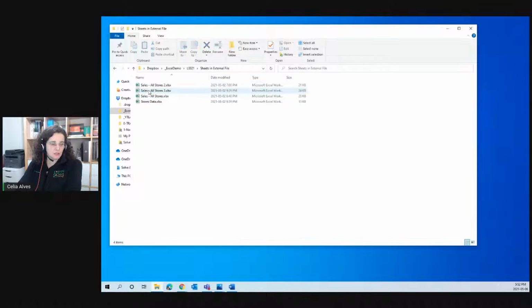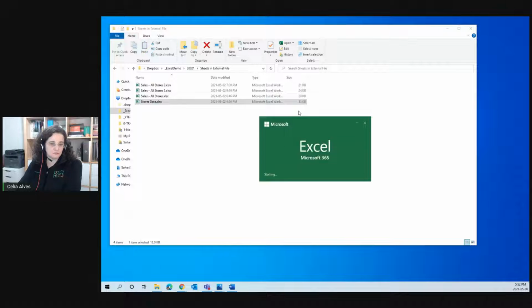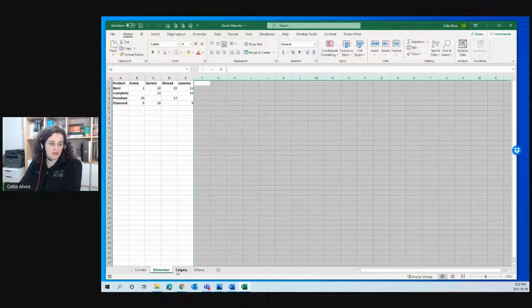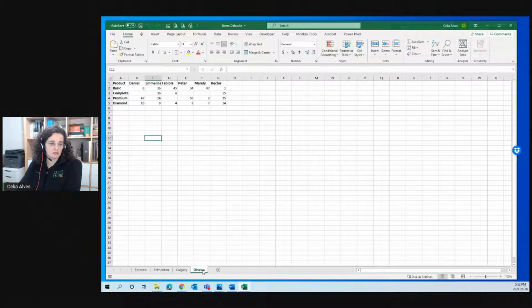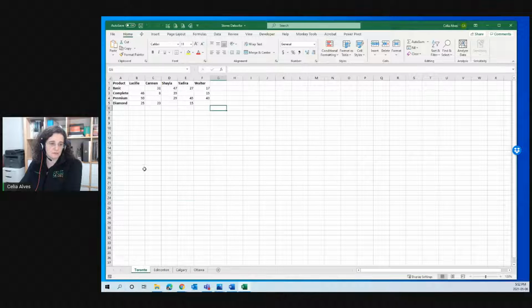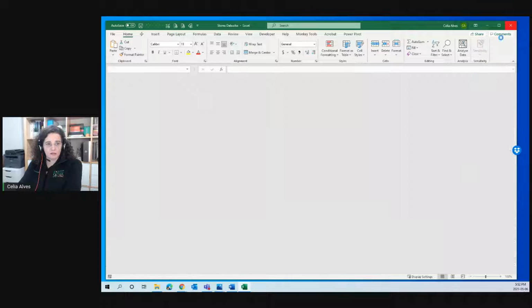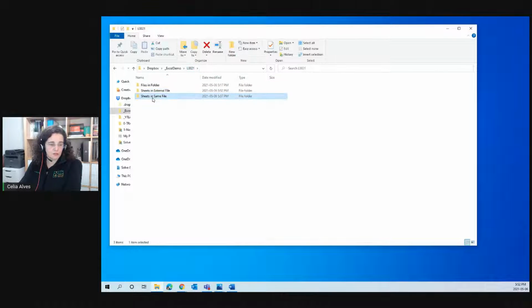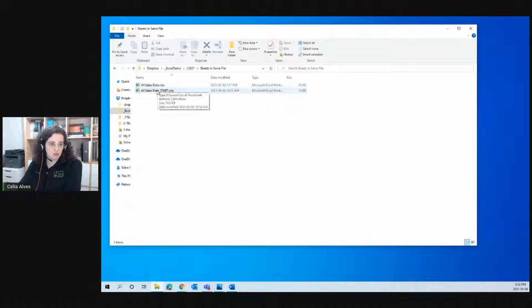Example number 2 will be that all the files, all the stores will be in just one file, and we have the data separate in different sheets. The exact same data, just different sheets. This one is selected there. Okay. The other situation then at the end is that I have a file with the same data that I just showed you,